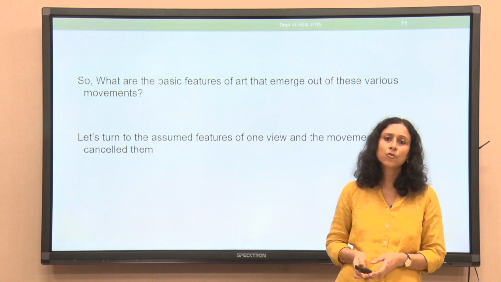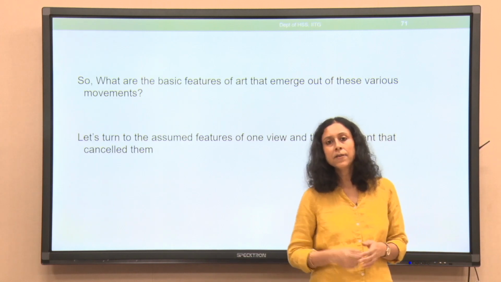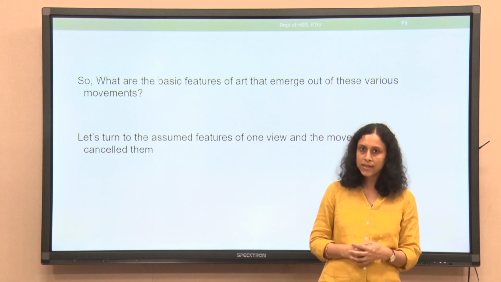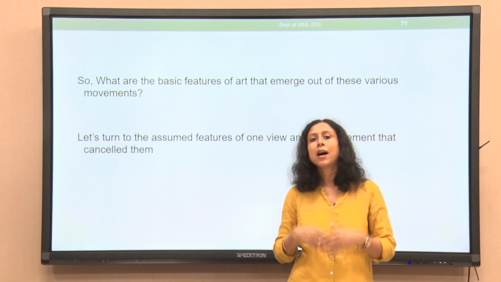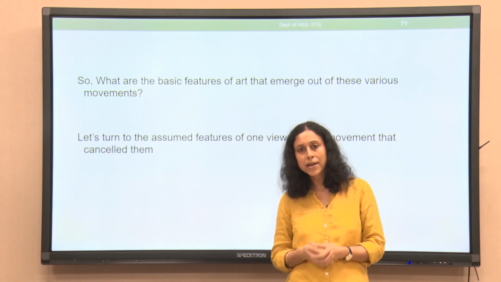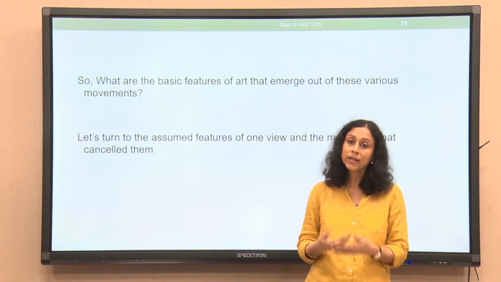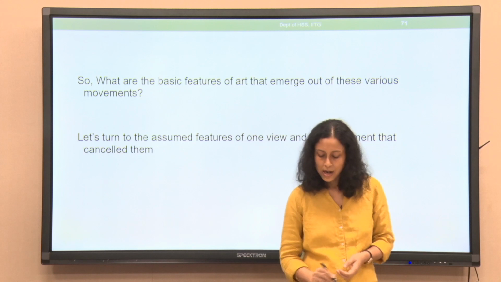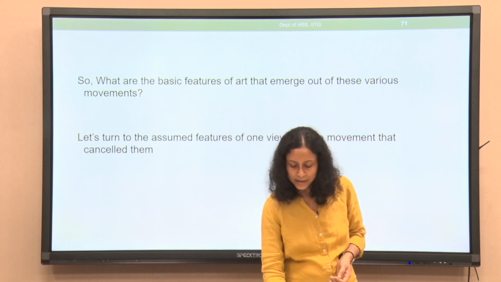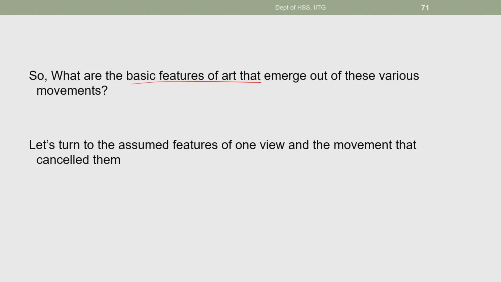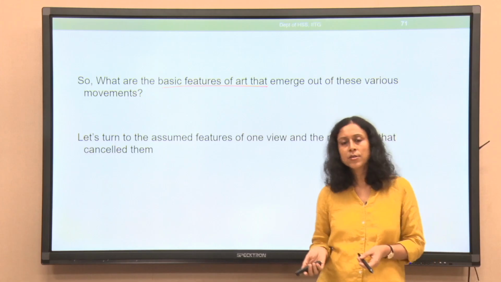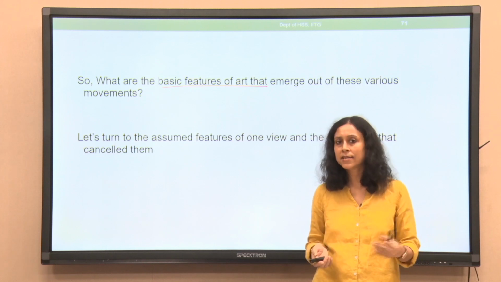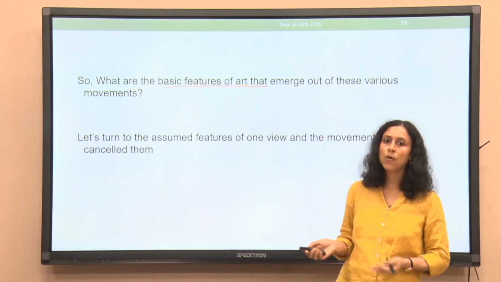How do these various schools of art differ? They differ in terms of what is to be painted, how it is to be painted, how the message of the painting is to be delivered to the audience, and so on. So, how do you talk about basic features of a category like art? How do you arrive at it? The basic features of art are actually called movements across time, because many of these schools of thought came out as a revolt against the previously held standpoint as to how art should be.